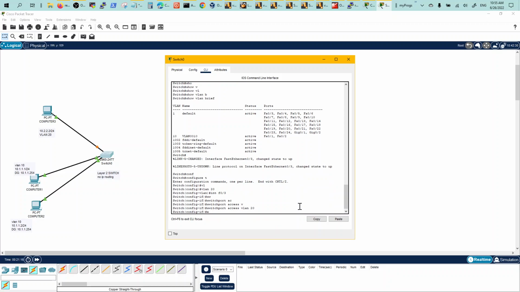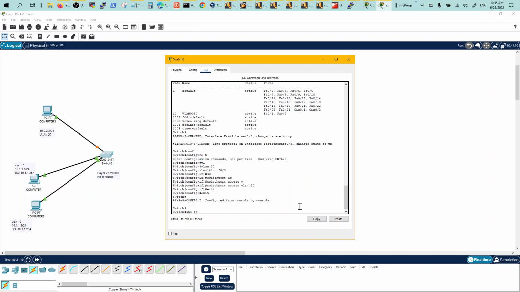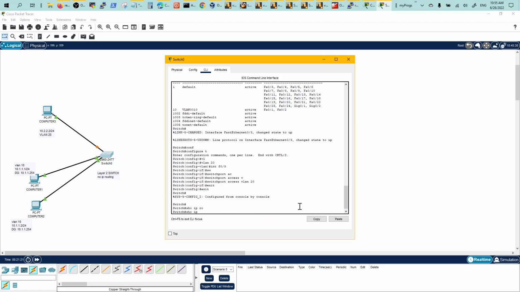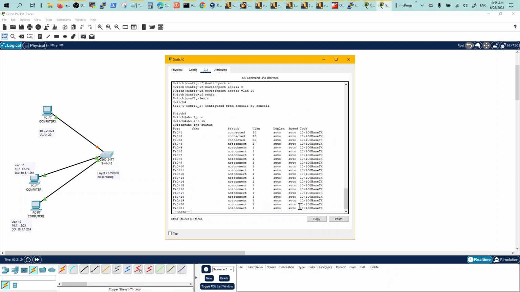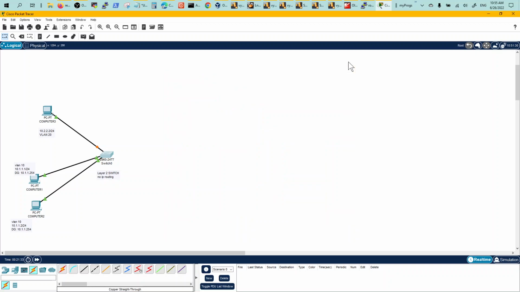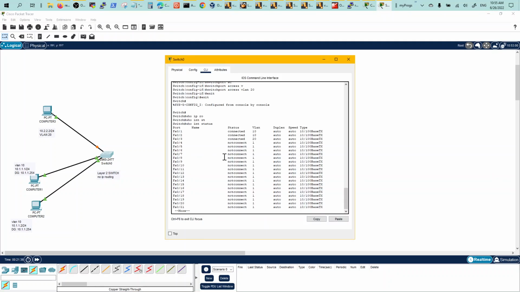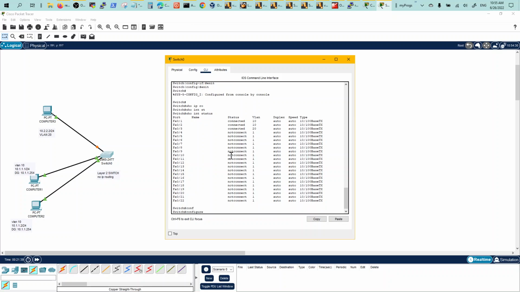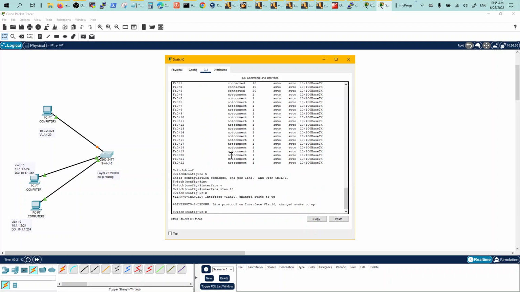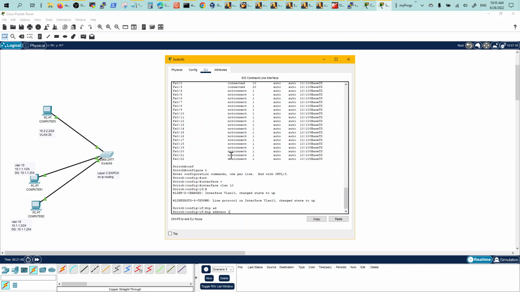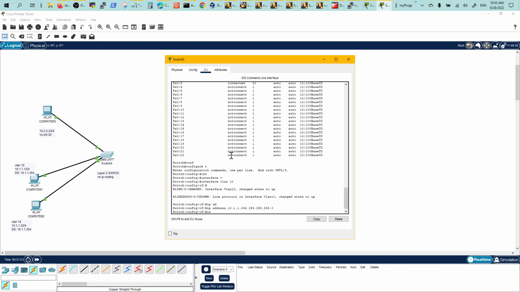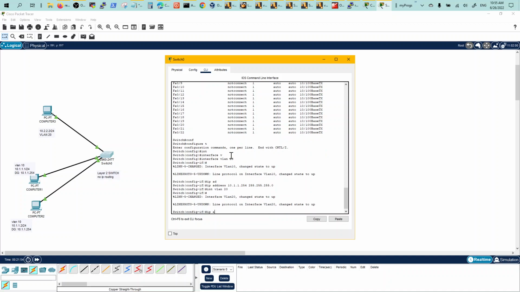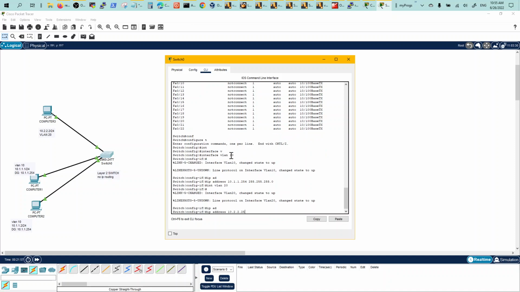Now what you would see is that show ip route is not functional, but if you go show interface status, you have 3 ports. 2 of them are in VLAN 10 and 1 is on VLAN 20. But even when you go and configure interface VLAN 10, IP address 10.1.1.254, and VLAN 20, IP address 10.2.2.254,